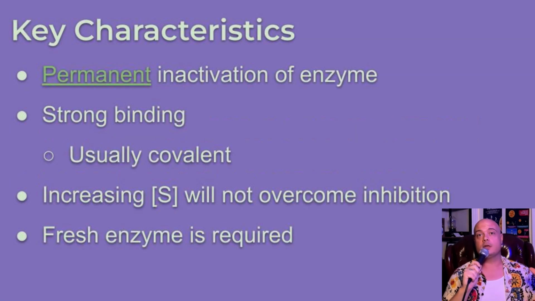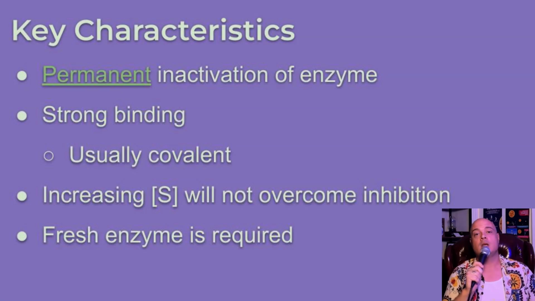Real quick, let's cover the key characteristics that we see with these irreversible inhibitors. First of all, and probably the most important thing to understand, is that these inhibitions are permanent. And that's why it's called irreversible inhibition. So these inhibitors permanently inactivate the enzyme. And this permanent inactivation occurs through strong chemical binding. These inhibitors make strong chemical bonds with the enzyme at the active site, and these are usually covalent bonds,